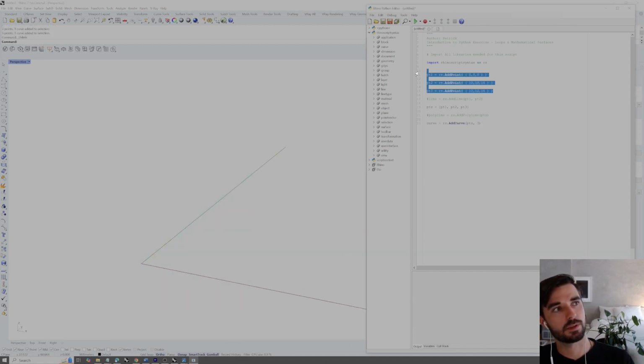Instead of just setting or declaring each one of these points individually, I'm going to comment these out, and we can comment out our list of points and our curve as well. What we want to do now is construct an array of points from 0, incrementing by 1 along the x-axis 10 times. One way we can do that is to construct a loop